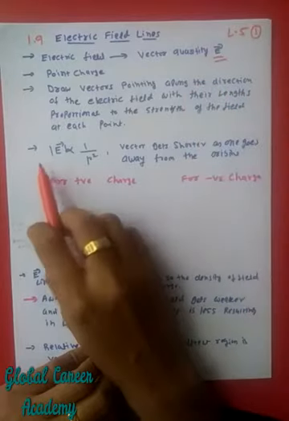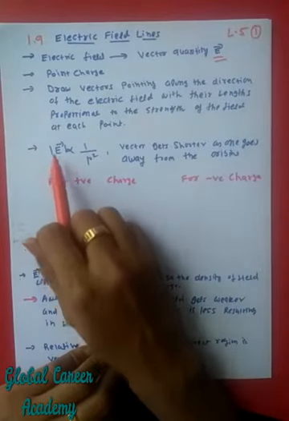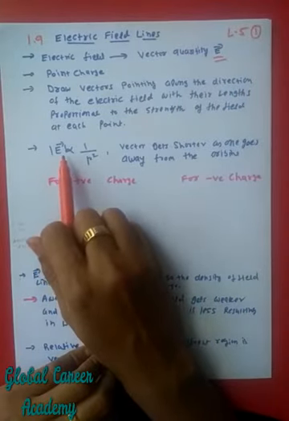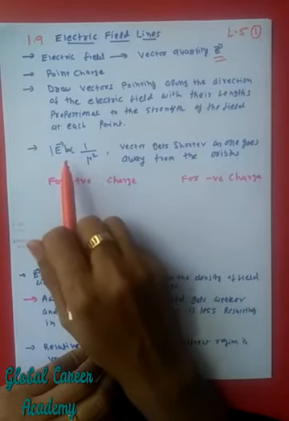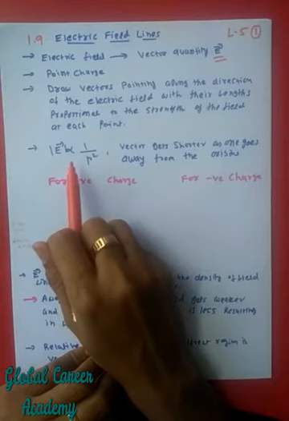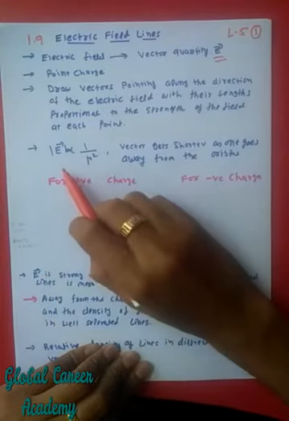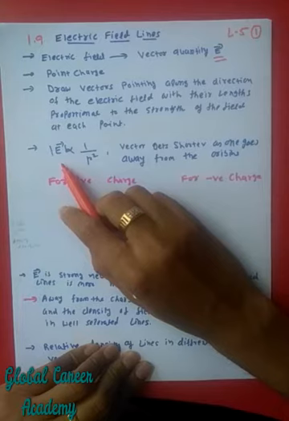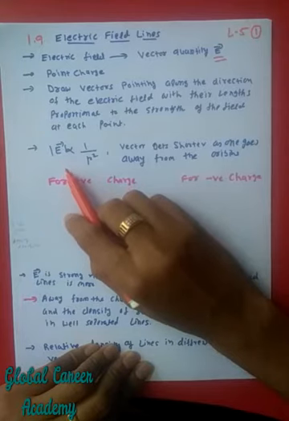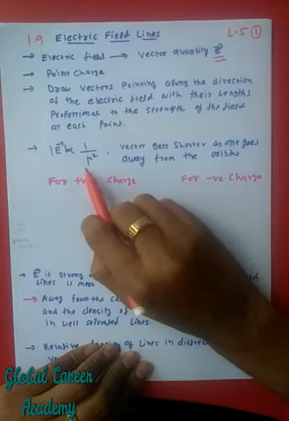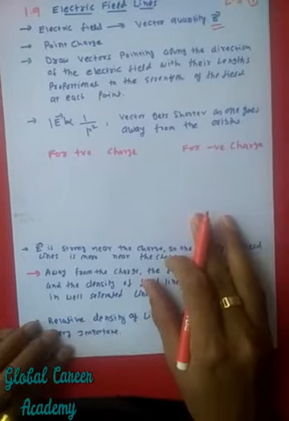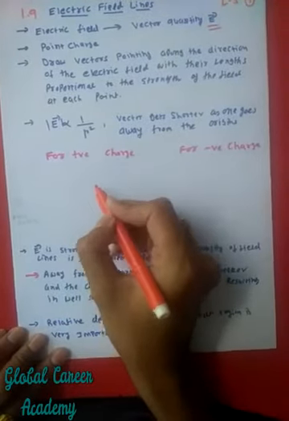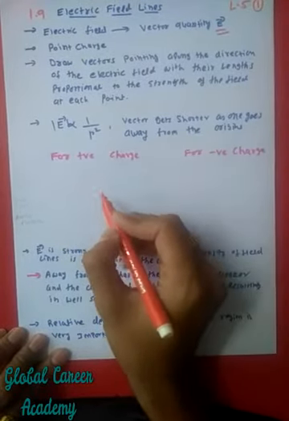Okay, second thing what we know is that the magnitude of electric field is inversely proportional to the square of the distance. ये बहुत ही इंपॉर्टेंट पॉइंट है. And we have to understand that the magnitude of electric field decreases drastically with the increase in the distance, right? Okay, so let us try to understand how to draw the electric field lines.